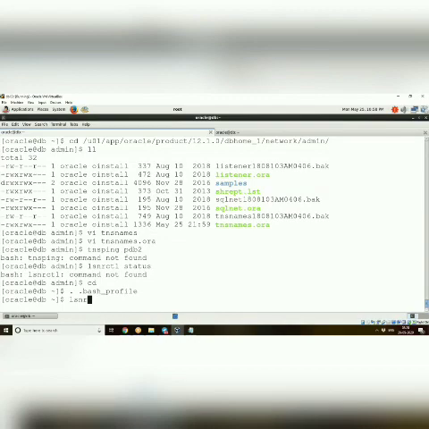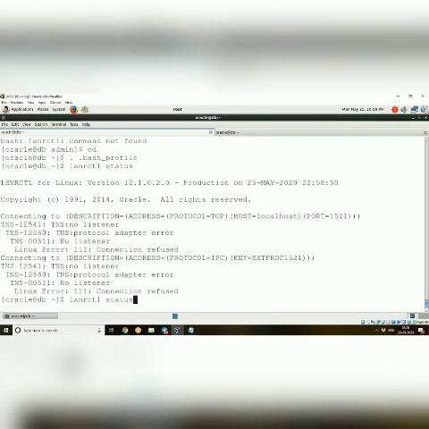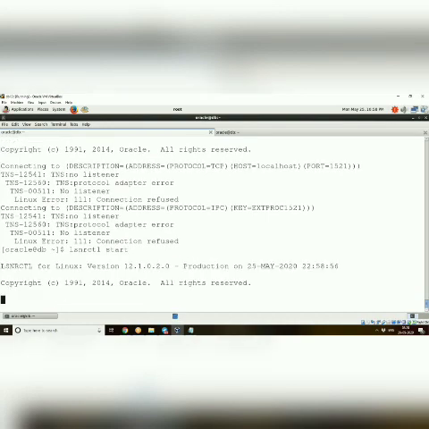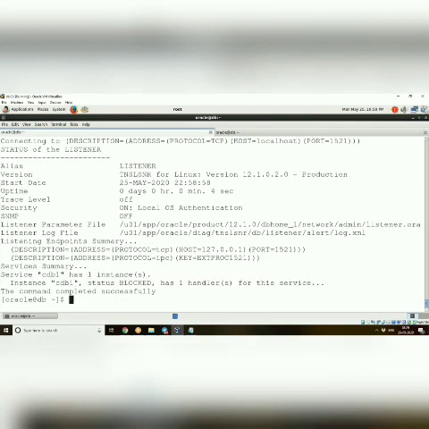Okay. So it's not yet connected. LSNRCTL start. It will take some time for the listener to start. Okay. So now PDB2 is there. Fine. So we'll ping.